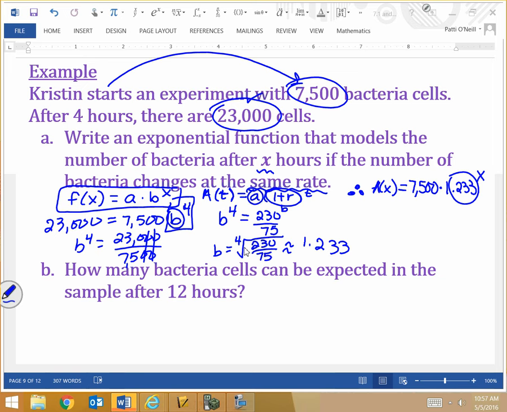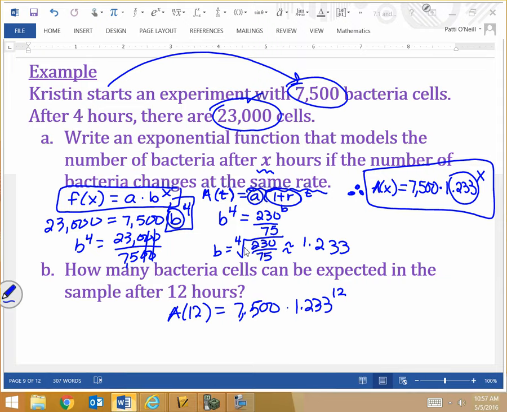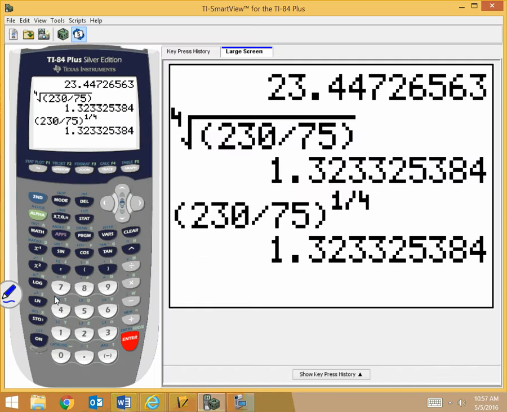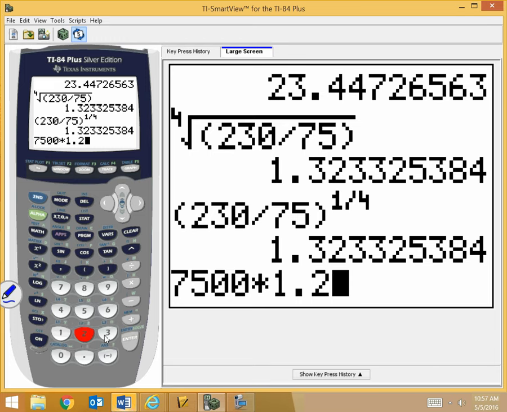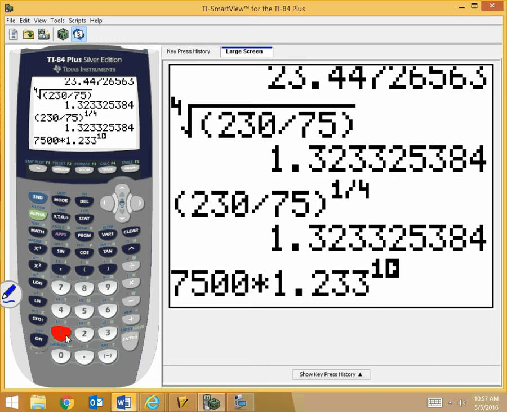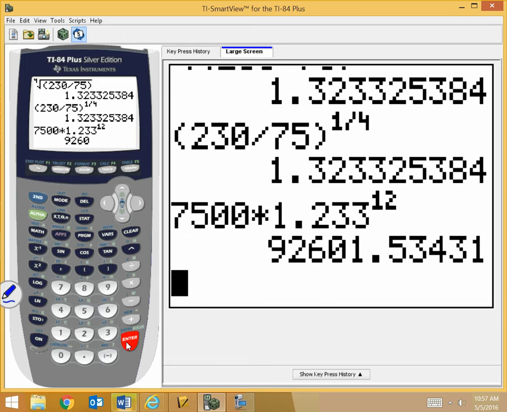The question that's asked of us in part B, though, with this generic formula now, is how many bacteria can be expected in the sample after 12 hours. So I need to look at A of 12 and plug in 12 for the x. If I do that and go to my calculator, I'm going to have 7,500 times 1.233 to the 12th power. And that will give me,